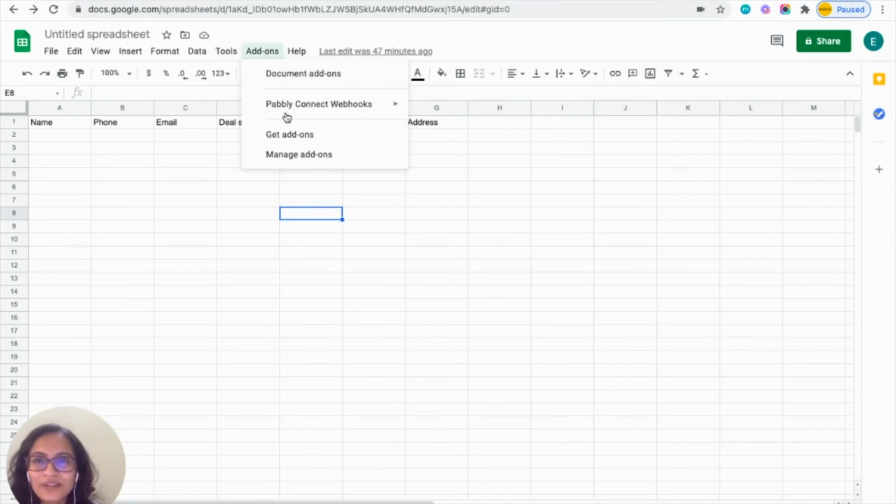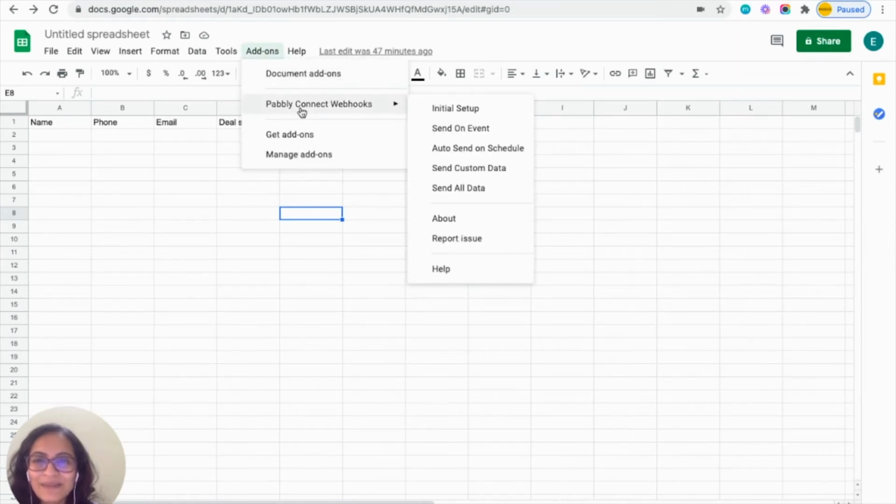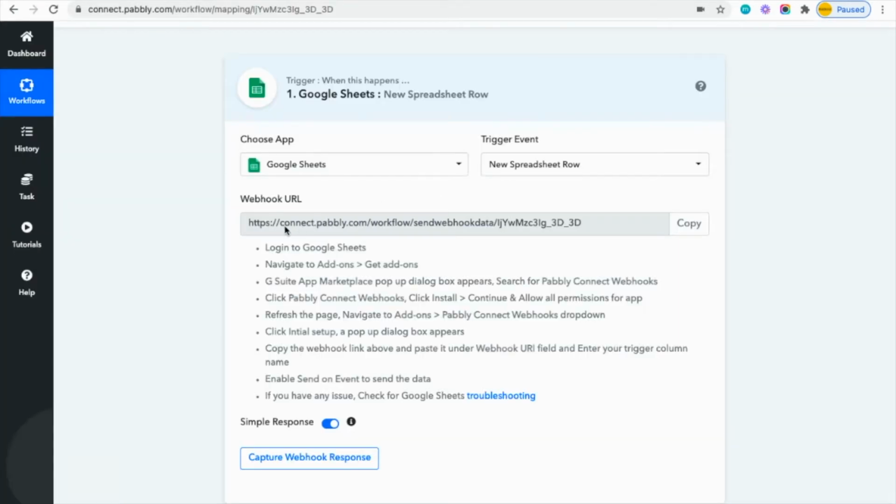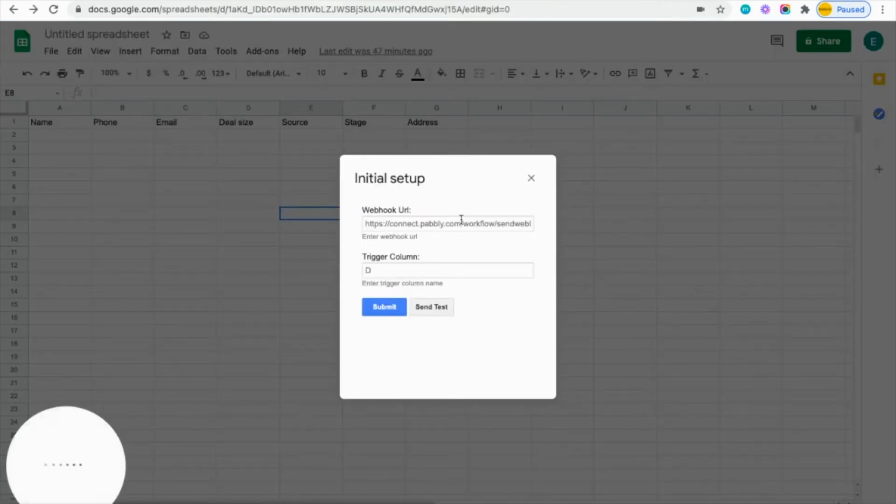Now you will have to come to add-ons, click on Pabbly Connect Webhooks and click on Initial Setup. Now here you can see that you have to add the webhook URL, which you will have to copy from here, from the Pabbly. Now you can copy this, come to your Google Sheets and paste it here. And the trigger column would be the last column that is available in your Google Sheet, that is G, and click on Submit.